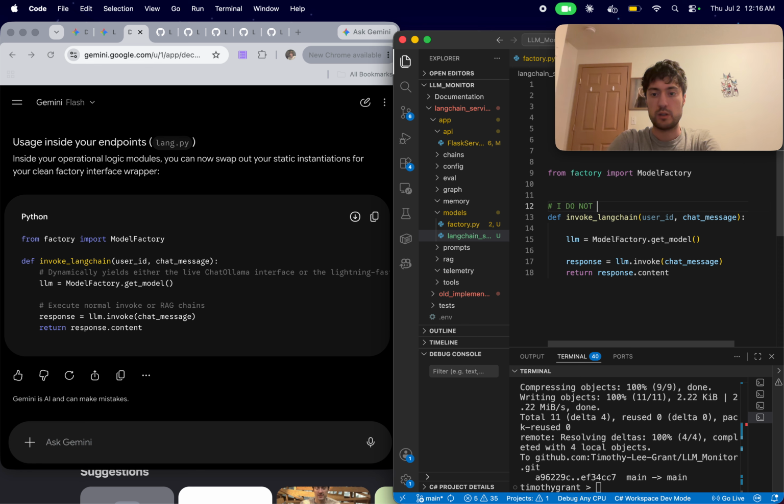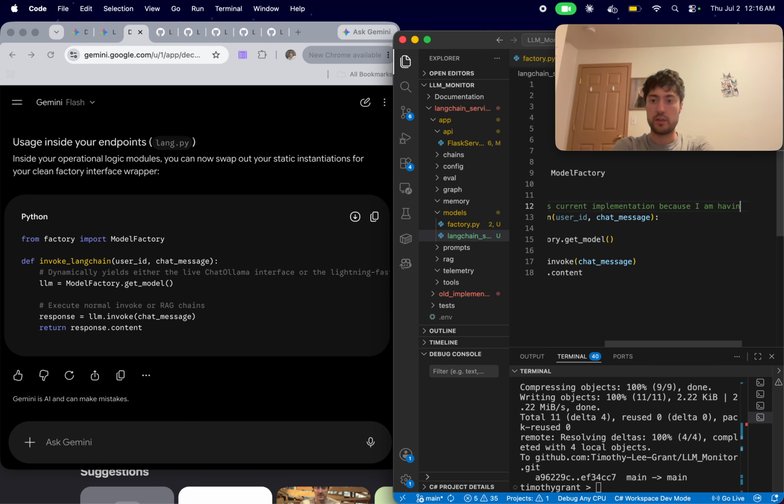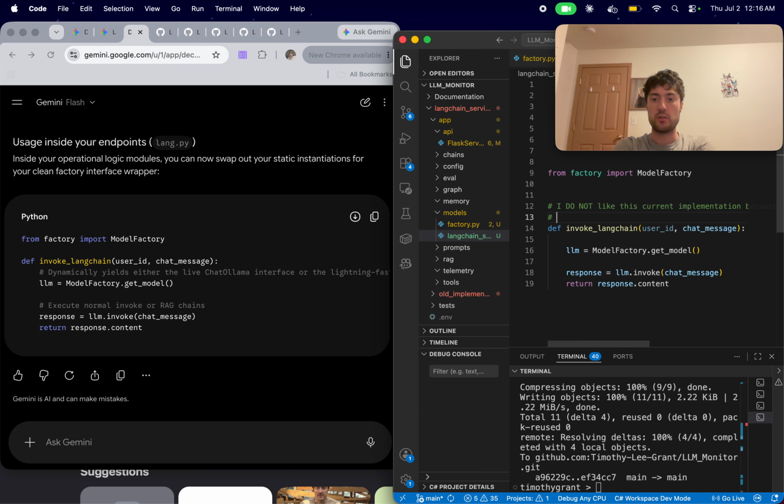I do not like this current implementation because I am having two concerns with it. I'll say, first, I am thinking that it might be best